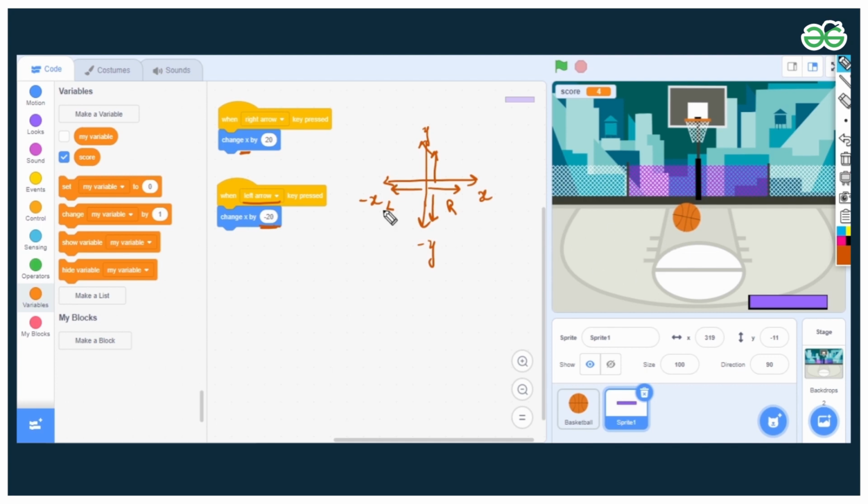But in this case, we just need to move left and right, so we don't need to change the y position. So basically, if the right arrow is pressed, we change x by 20 steps, so it goes to the right. If I press the left arrow, it goes left by minus 20 steps. I hope this part is clear.